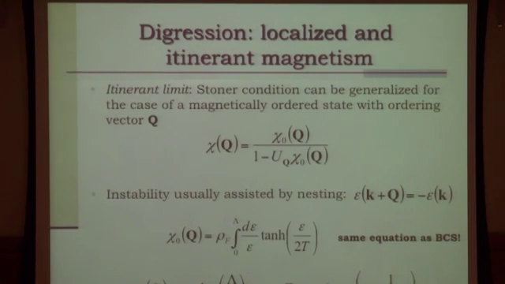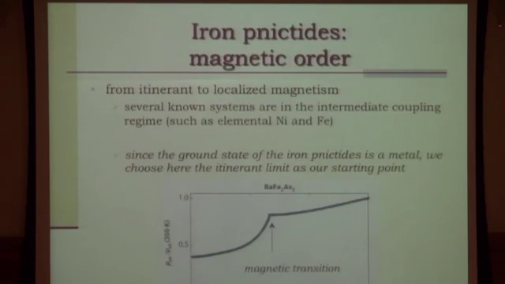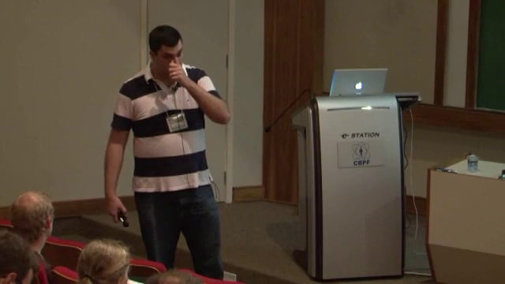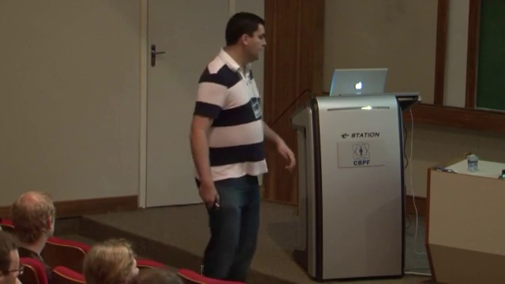But again, these two cases that I told you describe what we understand as itinerant magnetism or localized magnetism. And as you can see, it's just a difference in which term is the dominant one. For localized, the dominant term is the Coulomb repulsion, which tends to form an insulator. For itinerant, the dominant term is the hopping one, the kinetic term, which forms a metal. Okay? Now,